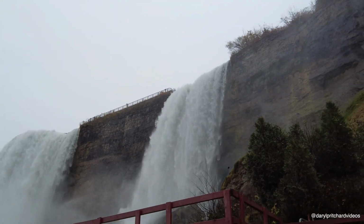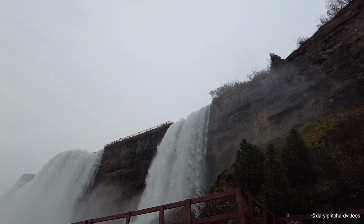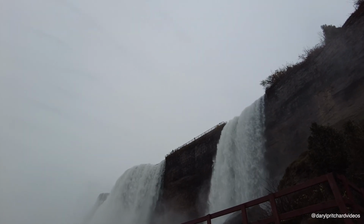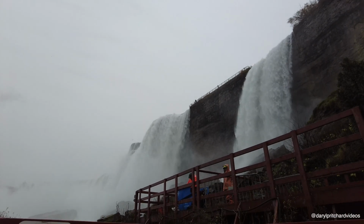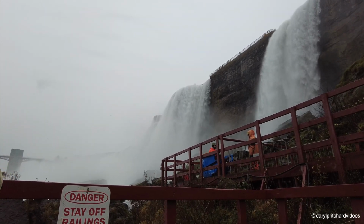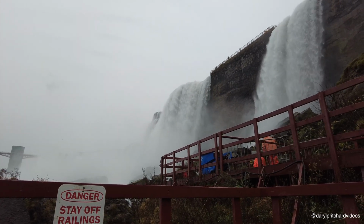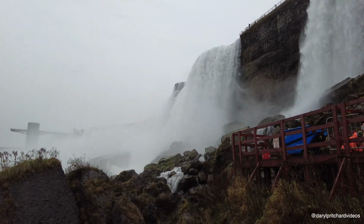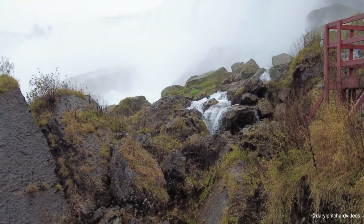Can't tell you really how beautiful it is here, and I'm so glad I've actually come here and been able to see the Caves of the Wind. Shame it was a little bit of a wet day. It would have been nice if it had been beautiful blue skies, but still magnificent to see whatever the weather is, really. And just stand here and watch the water coming over the edge, and look at the water there